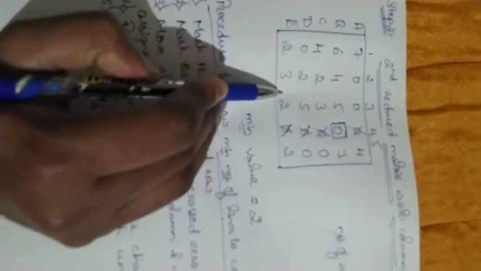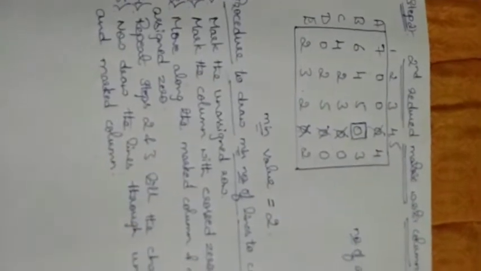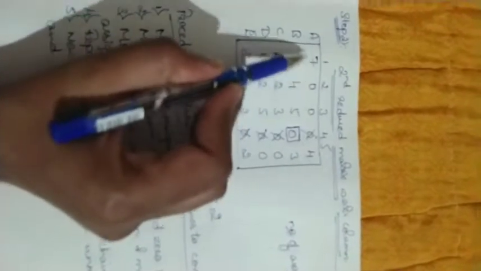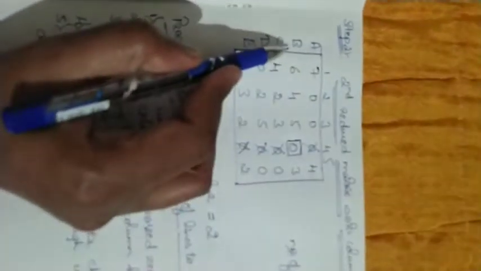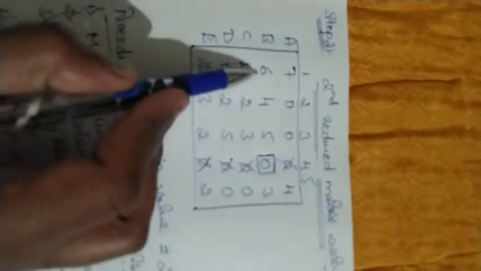Once you have done the first phase, the second phase is the optimization of the assignment problem. While doing the optimization, there are some procedures. The first step is to do the assignment row wise first, and next you can go with the column wise. For that purpose, look at the first row and verify whether there is a single zero in this particular row. If there is more than one zero, leave that row and come to the second row. In this second row, as there is only a single zero, put a square box.